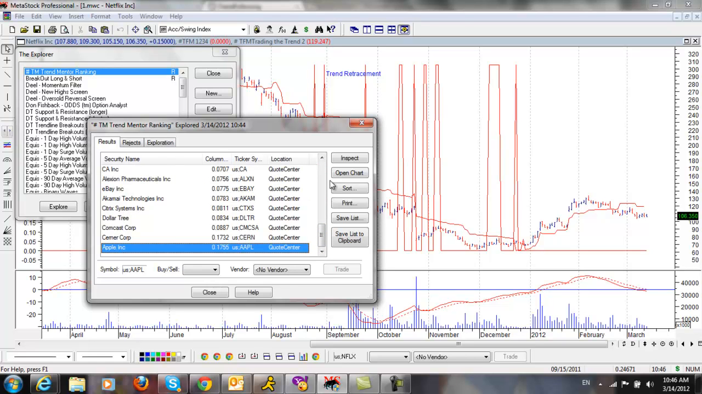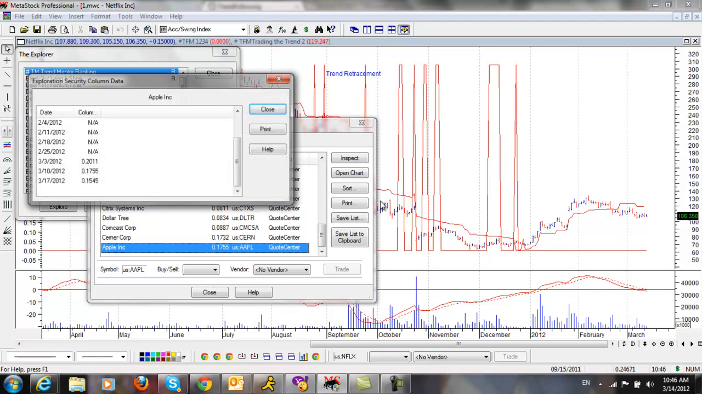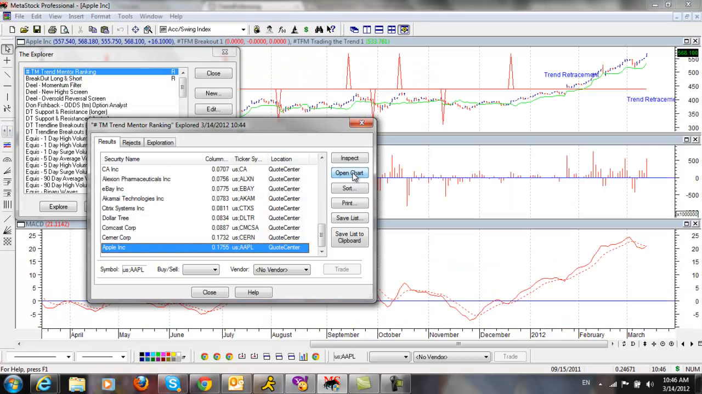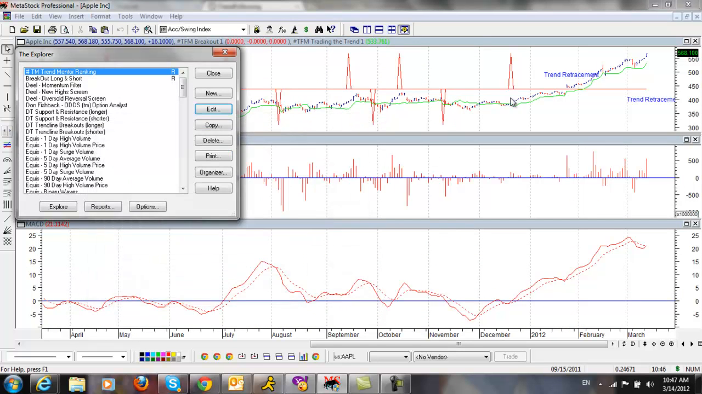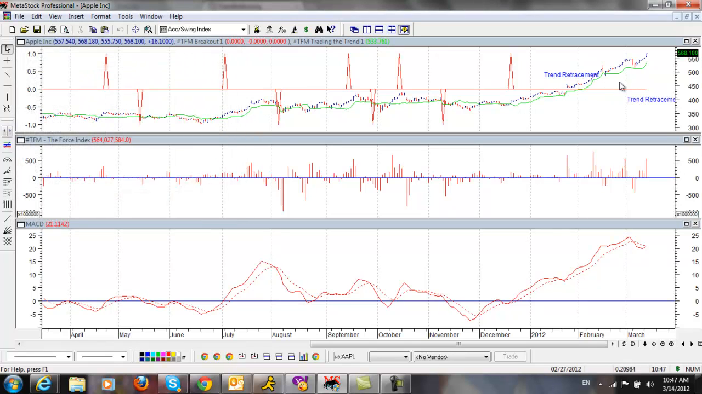And let's look at what happened with Apple. Oops, wrong one. Sorry. Let's open the chart. That's what I want to do. And let me minimize this. Here's Apple. You want to be focusing on Apple. And you know what's interesting? Right here, let's close this. You have a trend retracement right here. And you were able to get in